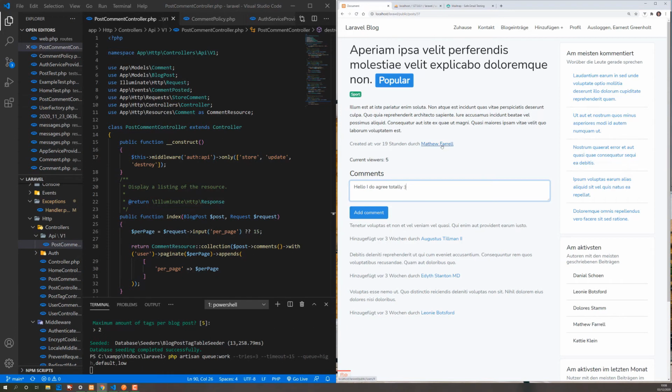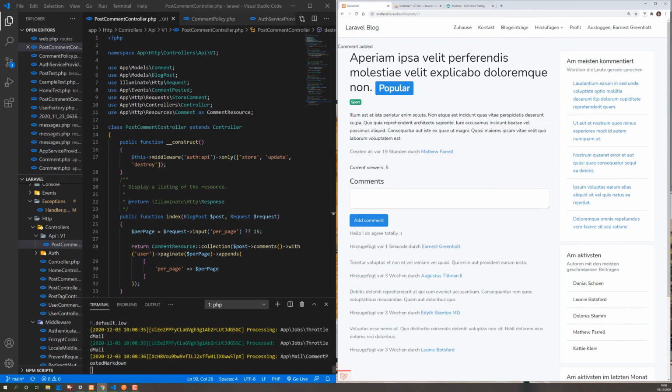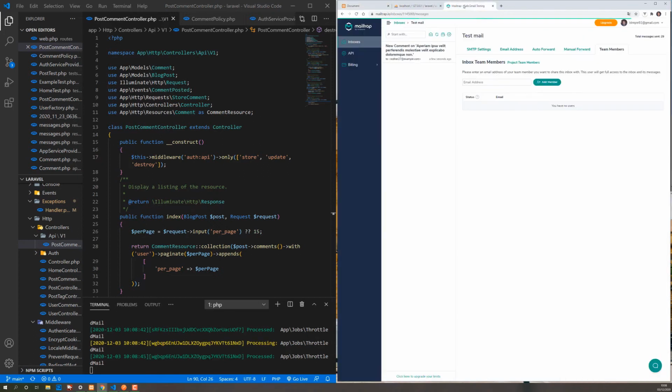Matthew is going to get an email that he's got a new reply or new comment, and these guys are going to get a different type of email that they've got a fellow commenter. So let's just edit, and you're going to see that the processes will run here on our server, local server at the moment, obviously. And now we're going over to an application called Mailtrap, which is for email